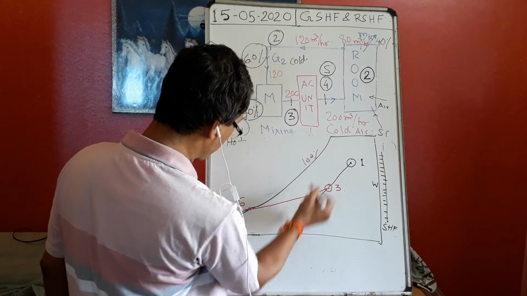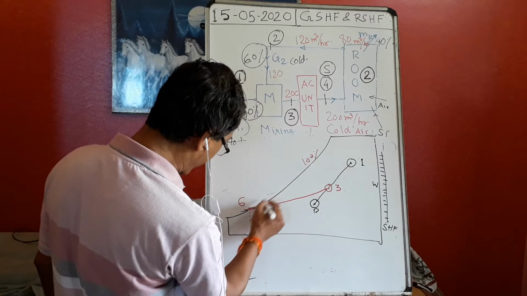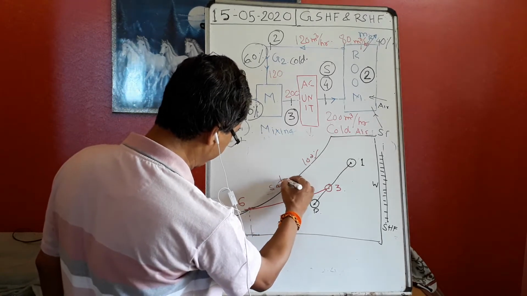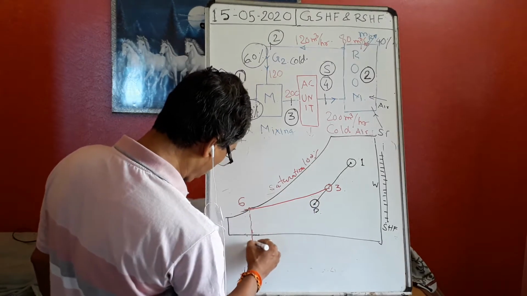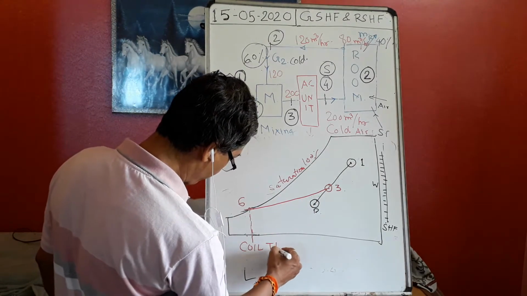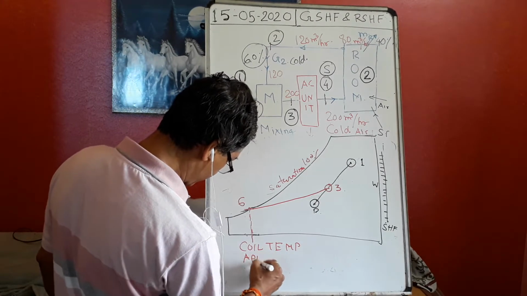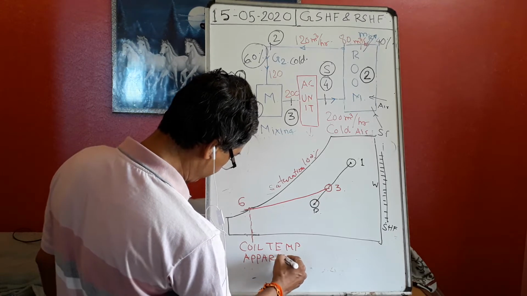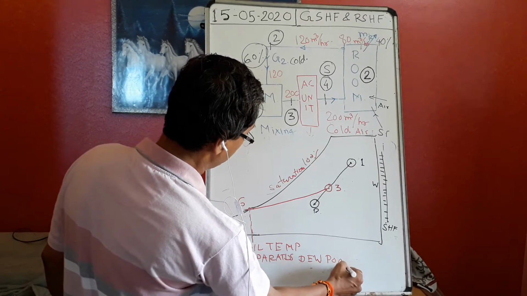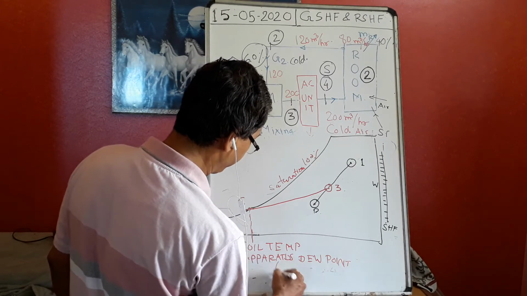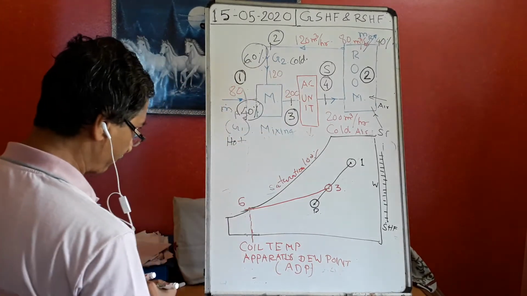It is going from 3 to 6, and this point is called the coil temperature because it is cutting the 100% relative humidity line, or saturation line. This is the saturation line. So this point is called the coil temperature or apparatus dew point. ADP. This we are calling ADP, or apparatus dew point. Okay. Now,